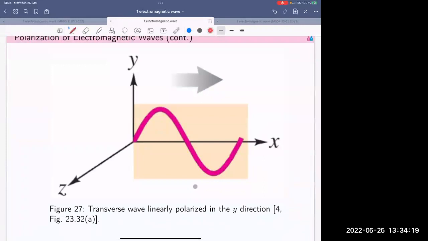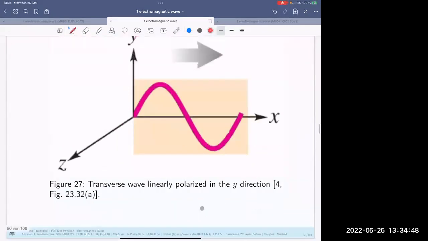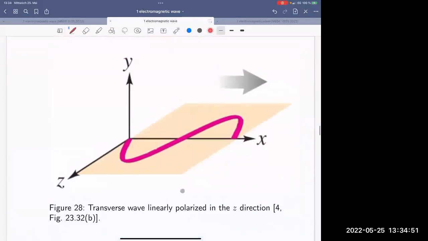Let's consider the transverse wave. It is linearly polarized in the y direction. It's going to propagate like this. It has no rotation. The oscillation takes place only along the y-axis. It's called linearly polarized in the y direction. And this one is also linear polarization, but the oscillation takes place in